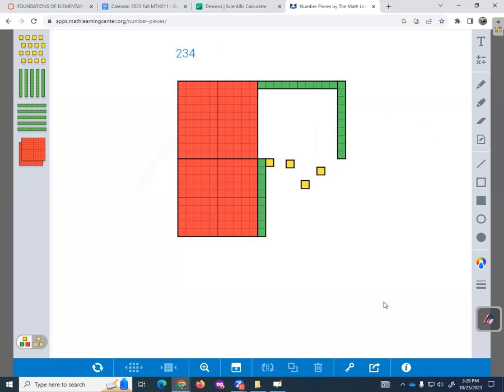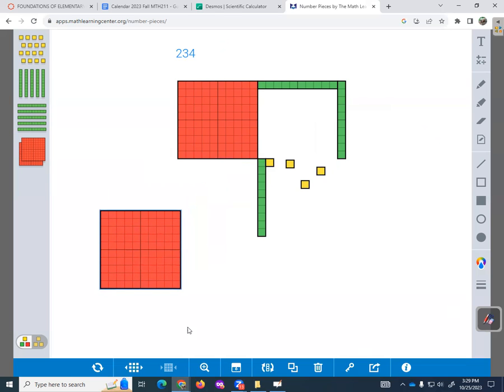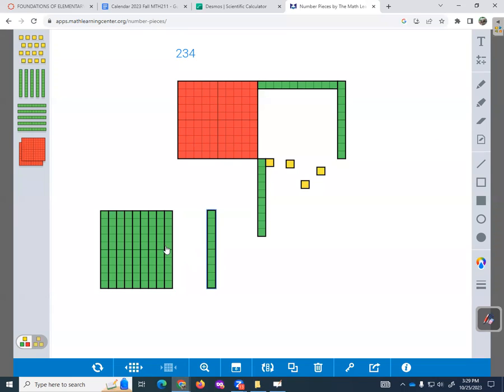All right, I'm going to mess with my number a little bit. Take that guy right there and I'm going to explode it. All right, so I can move these around. How much do I have now? Still 234, but my representation is a little bit different. If I expand this out, what I see in expanded form